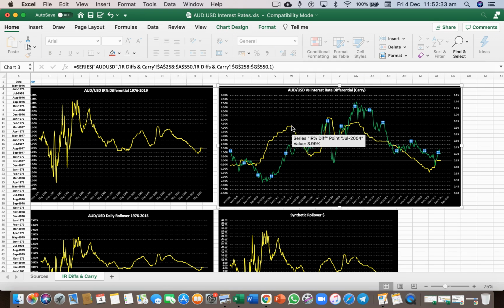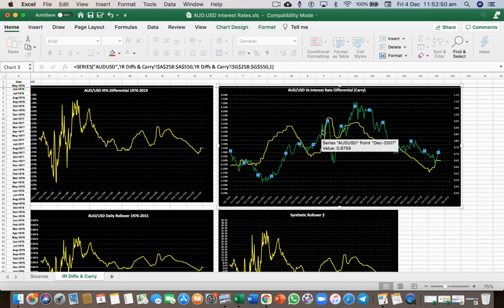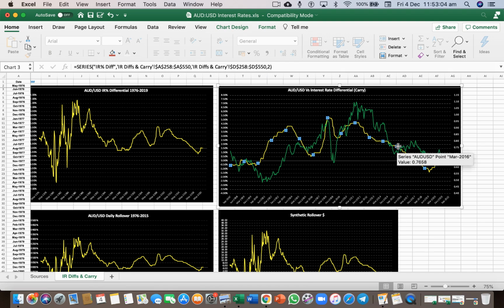the US dollar. And then when the interest rate differential starts to narrow and the Aussie dollar is no longer holding a higher interest rate over the United States, then we see the exchange rate start to dip to the downside. And then once the interest rate differential starts to widen again in the Aussie dollar's favor, we see the Aussie dollar strengthen against the US dollar. And then again, once the interest rate differential narrows, we see the Aussie dollar weaken against the US dollar. And when it strengthens again, the Aussie dollar strengthens against the US dollar. And then again, once the differential starts to narrow again and go lower, we see the Aussie dollar weaken against